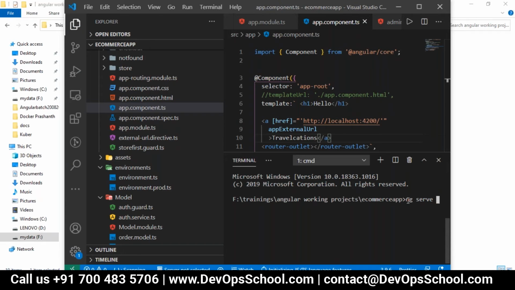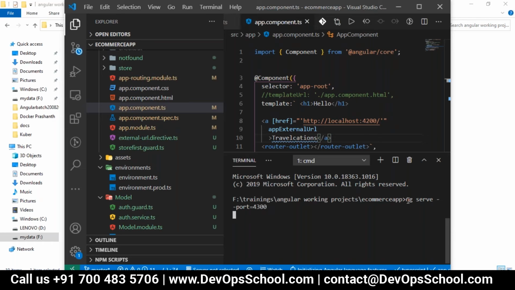Already 4200 is occupied, so I have to change the port number. We can use --port=4300, or any port you like. Let it run, and within that time, we'll just discuss this.